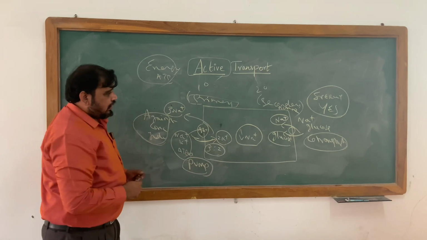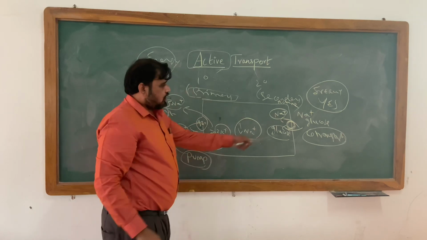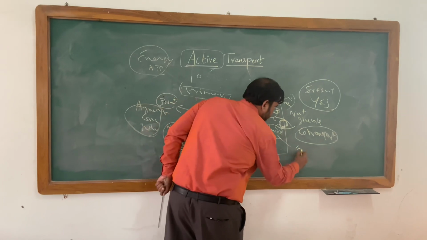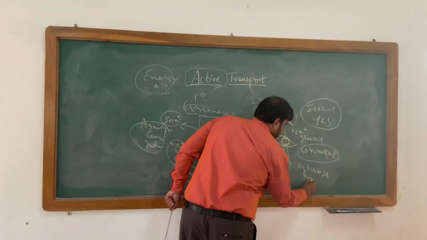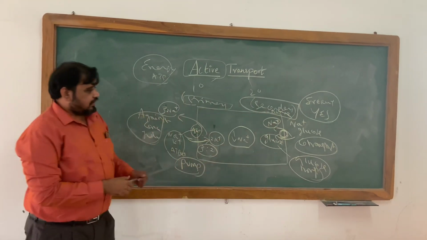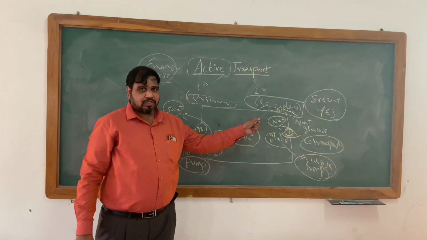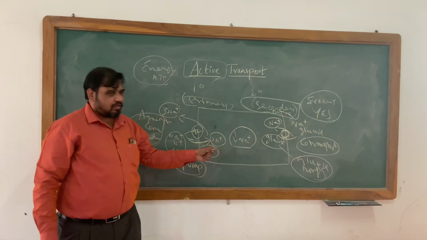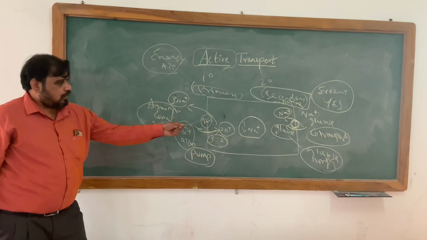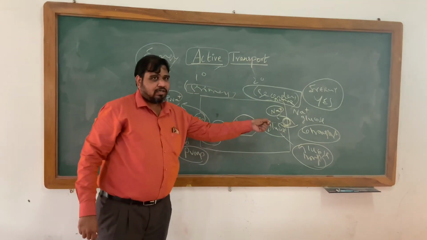As the sodium is coming inside, whenever sodium comes, glucose also has to come along with it, because it is a co-transporter. So the transport of glucose is caused by secondary active transport. The example of secondary active transport is glucose transport along with sodium. Why is it secondary active transport? The sodium is coming in because of glucose. Why is there decreased sodium? Because the sodium is going out. Why is sodium going out? Because of ATP. This ATP is required indirectly for this. That's why this is called secondary active transport.